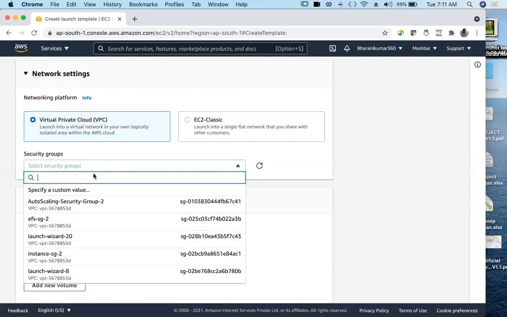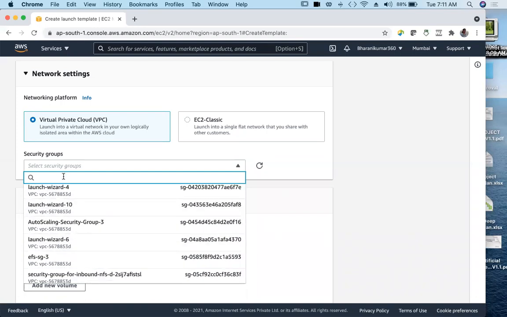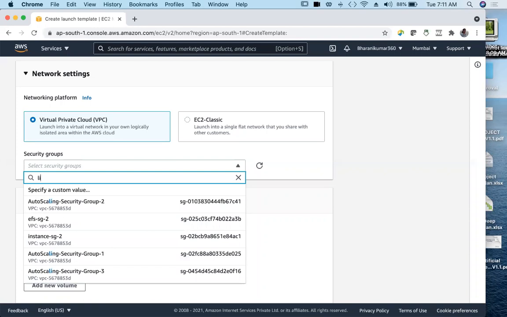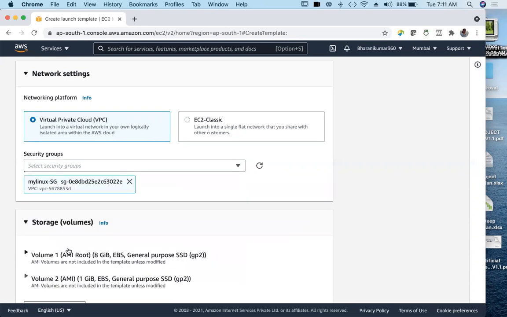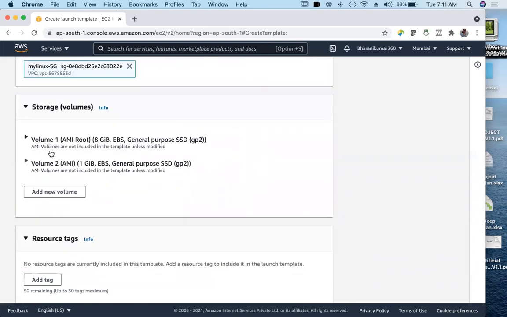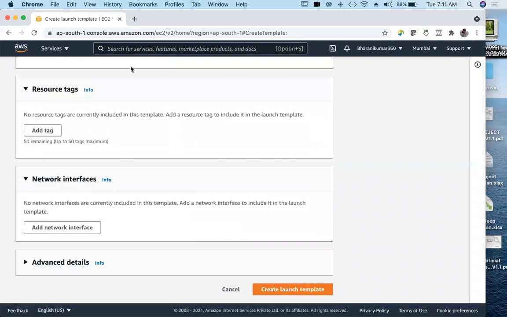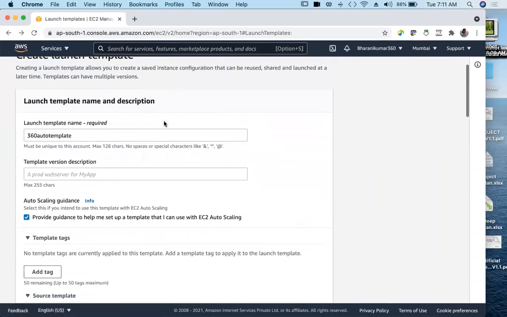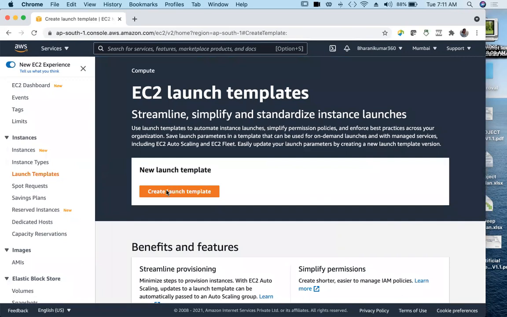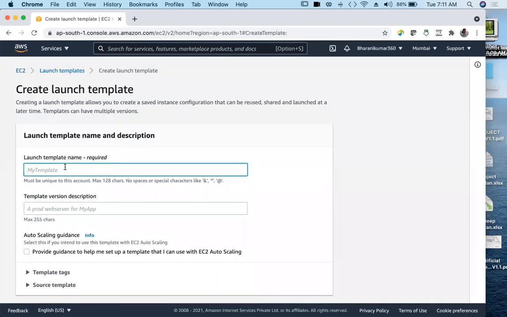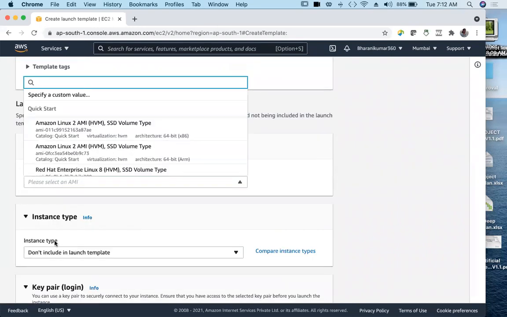Security group. Let us use this Linux security group. Let's use this. See, volume 1, 2, network interface and other things. It's very much similar to your launch configuration, except you can also add tags. Okay, sorry. The auto launch. And then the AMI is required.